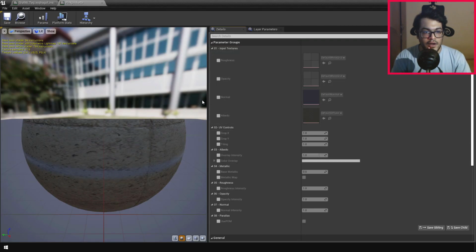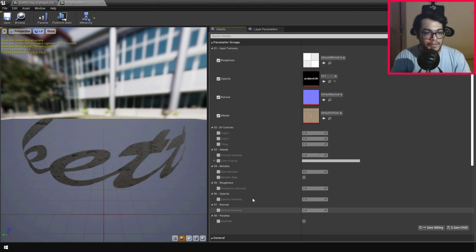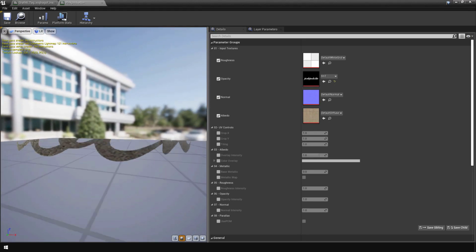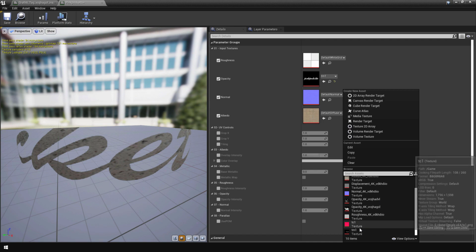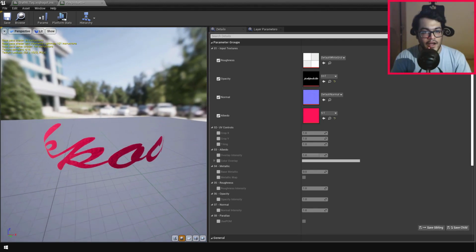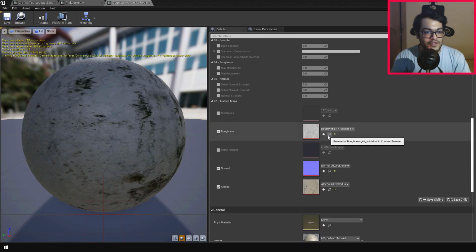If I open up the material instance, you can enable all of these texture slots. I'm going to add the opacity map. I'm going to add the color map. And as you can see, we have made our custom decal material. You can also swap the roughness and the normal map.